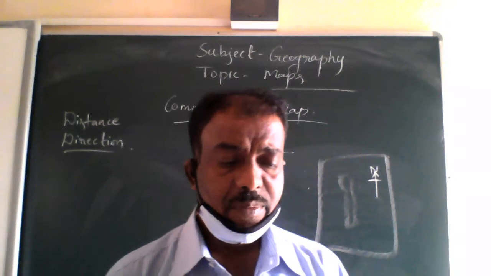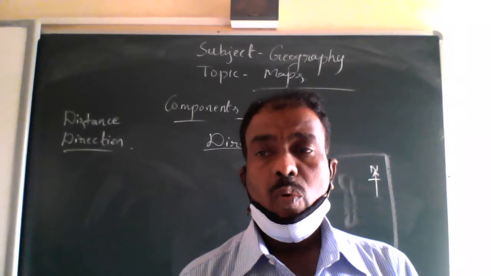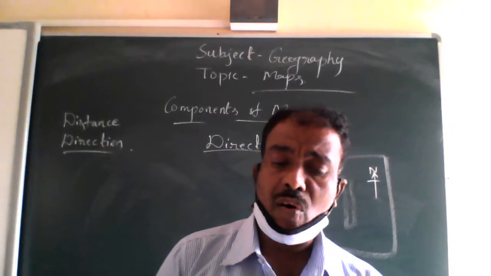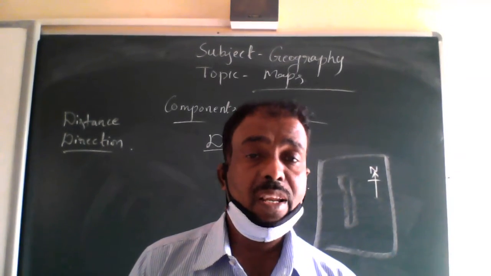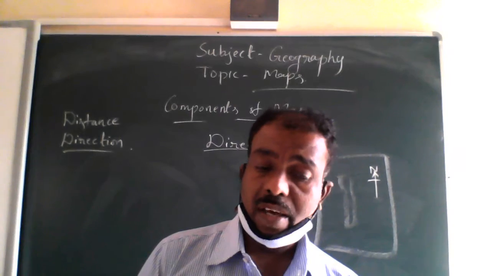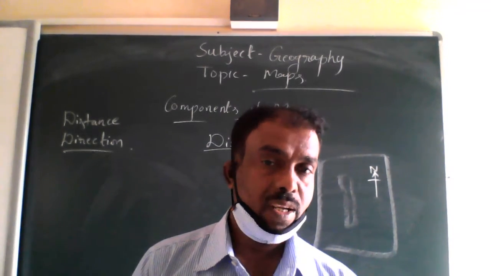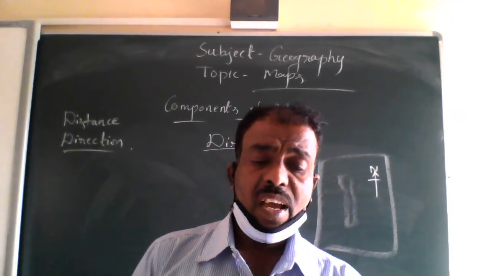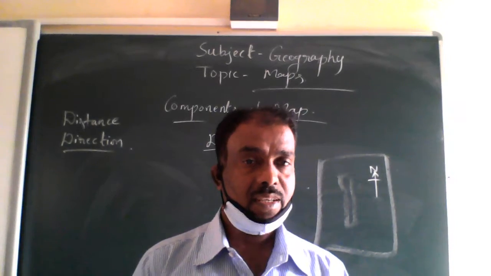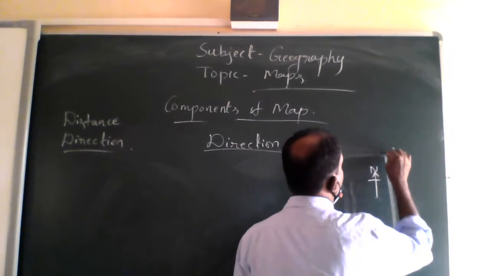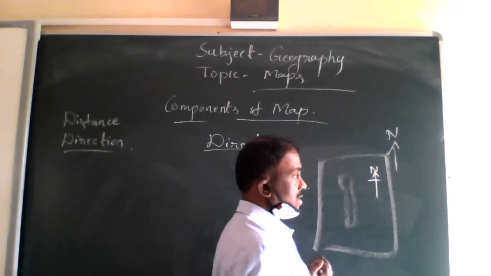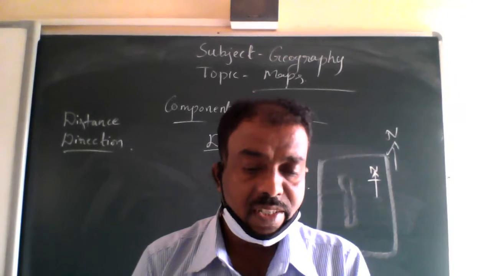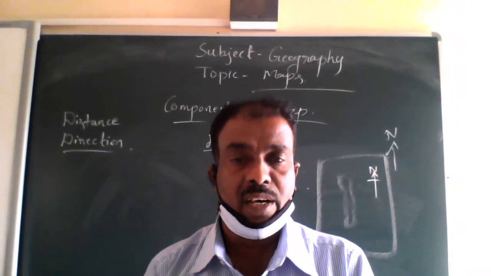So dear students, whichever map it may be, there we can see an arrow marked with the capital letter N at the upper right hand corner. Upper right hand corner. See, this arrow shows the north direction. It is actually the north direction. Got it now? If we know about the north direction, then it is easy to identify the remaining directions.